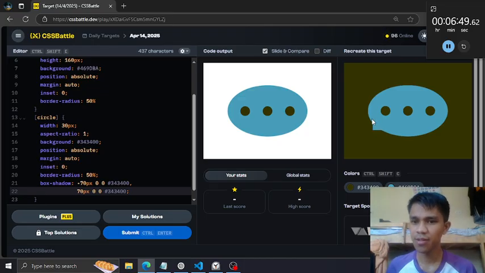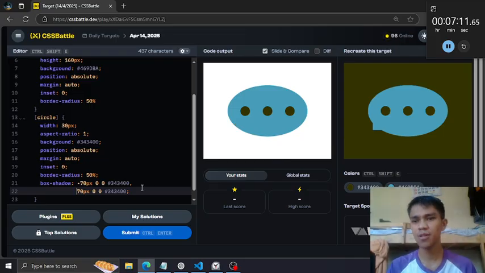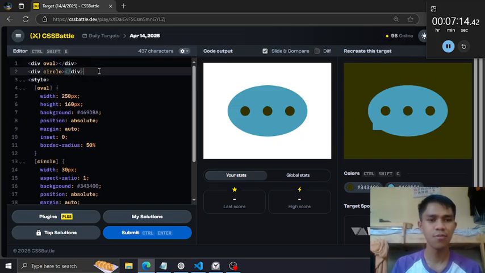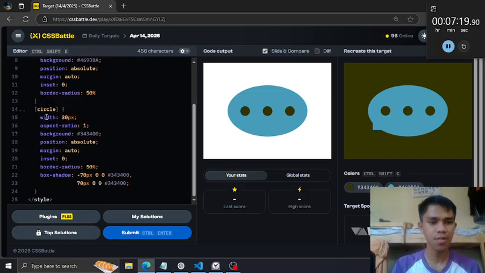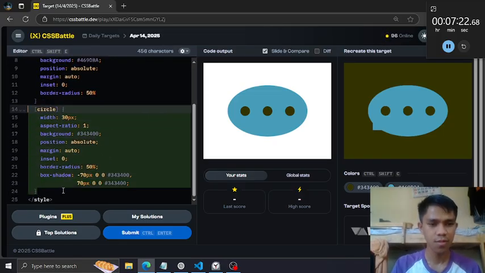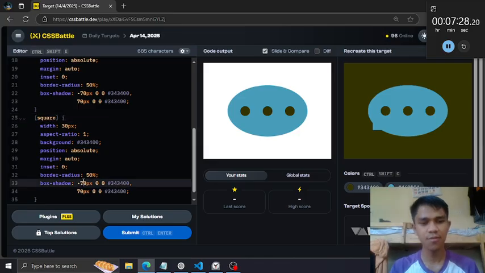It is not really a triangle, it's actually a square right here, a square that is offset on top of this oval. So the upper half is not visible because it has the same color as the oval. So we can create here a square. Copy the circle. So from here, name this square and remove the box shadow. We don't need a copy of this.